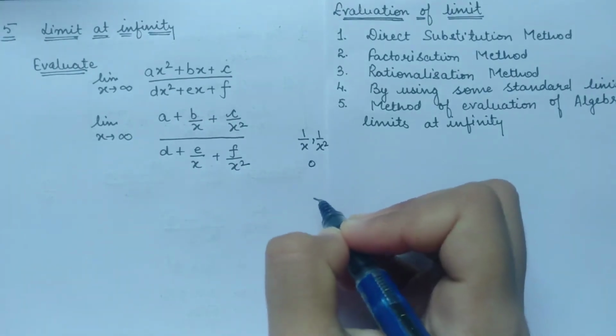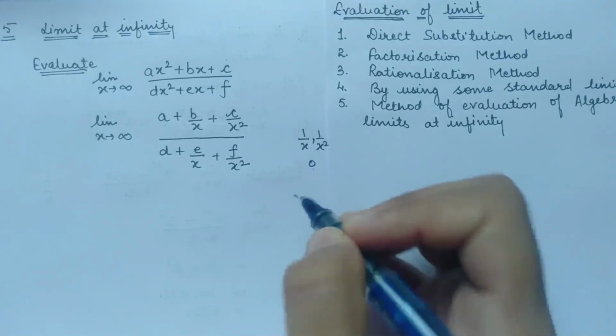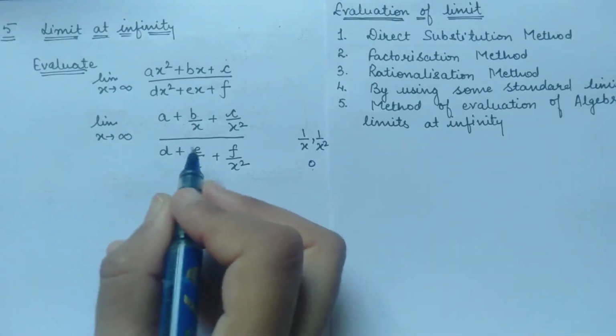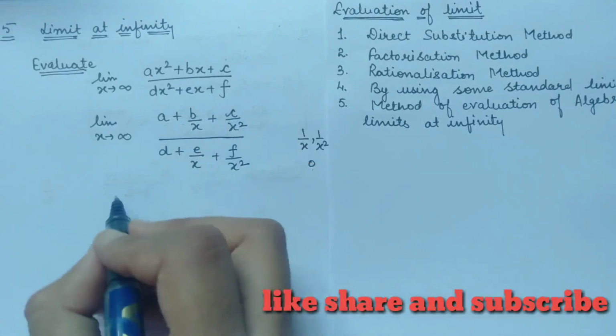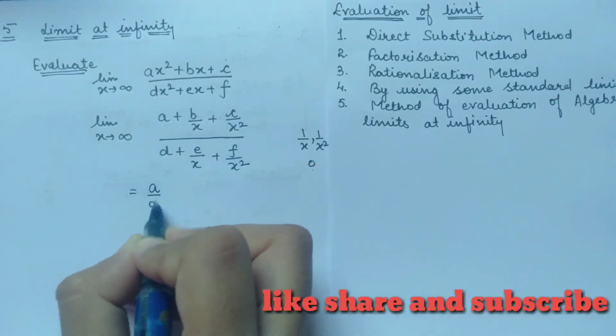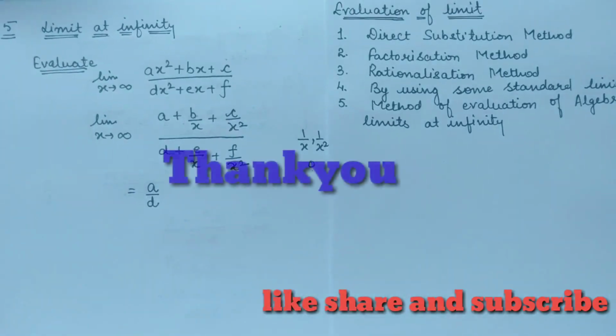Therefore, the limit x tends to infinity, b by x and c by x square, e by x and f by x square will reduce to 0. Therefore, we will be left with the result